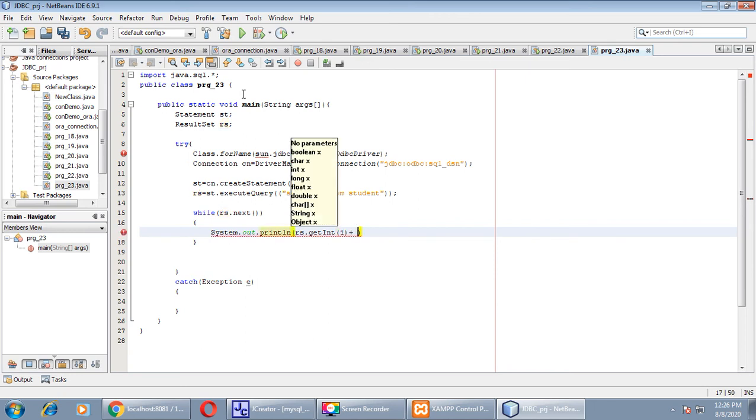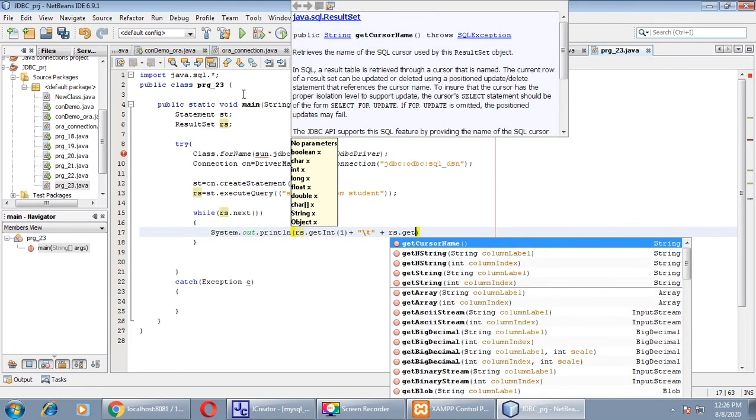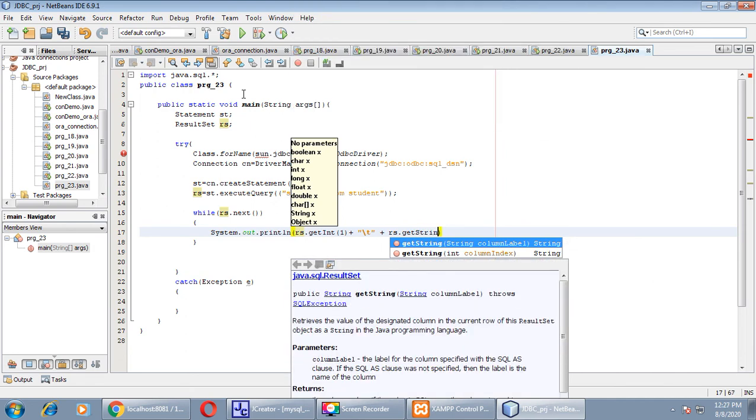plus I want to leave some space. For that I will write \t, and on the same line I want to print the name of student, rs.getString. Why did I take this getString method?